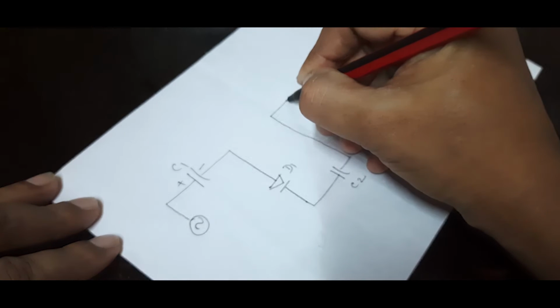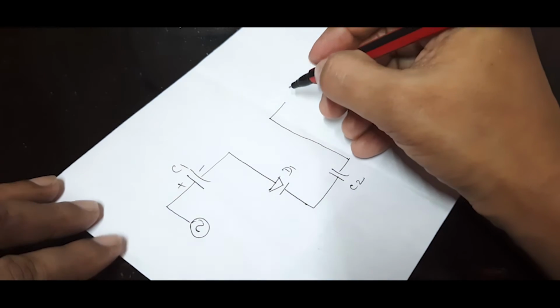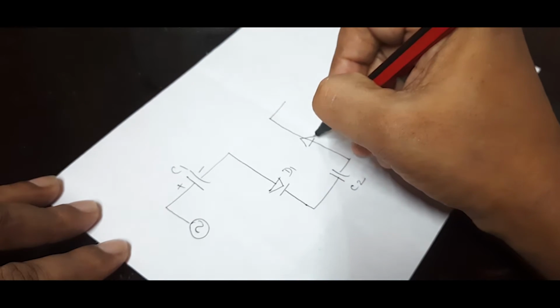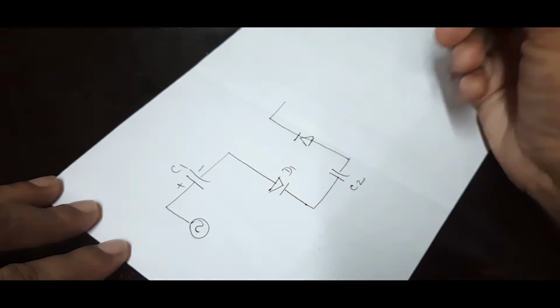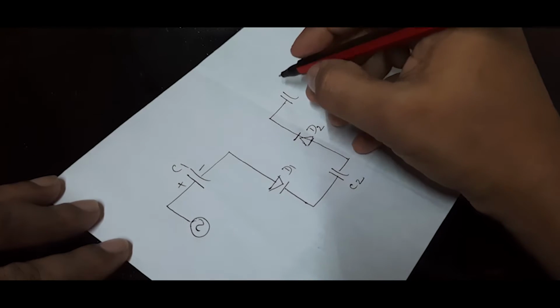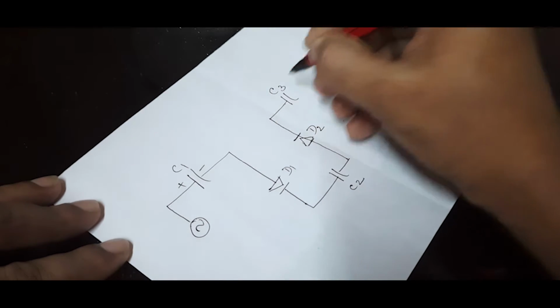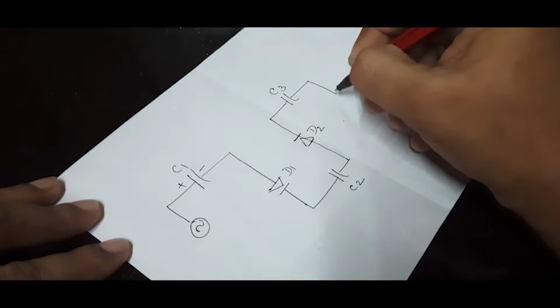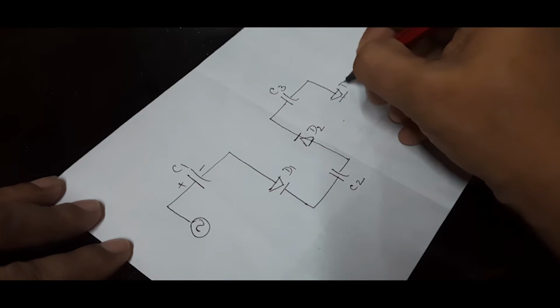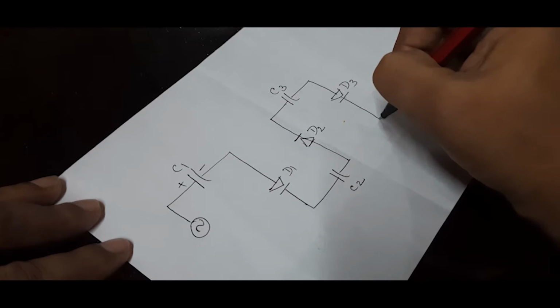Then in this pattern, I would like to continue the circuit. Positive, negative of diode D2, positive, negative of capacitor C3, positive, negative of diode D3,